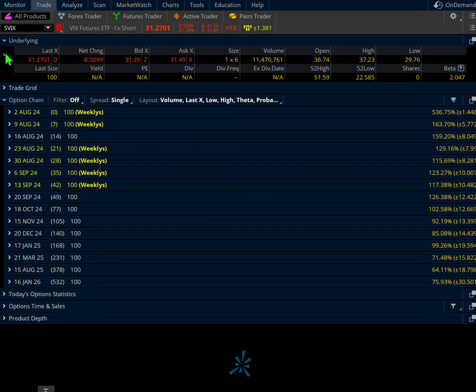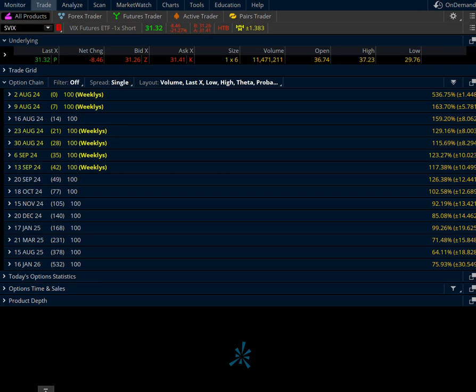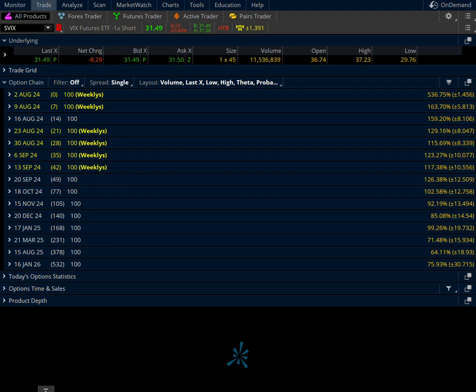So by selling a cash secured put, that's the first step of doing the wheel strategy. You're selling a cash secured put at a specific strike price by a specific date and time. And if the underlying closes at or underneath that strike price, you're going to be assigned shares. If it closes over that, then your option is going to expire worthless.